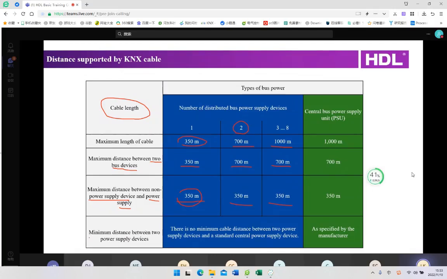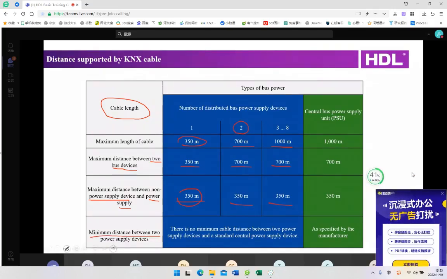And at the last is the minimum distance between two power supply devices. There's no minimum cable distance between two power supplies as a standard central power supply device. How can we understand this? For the HDL KNX power supply, the minimum cable distance is about